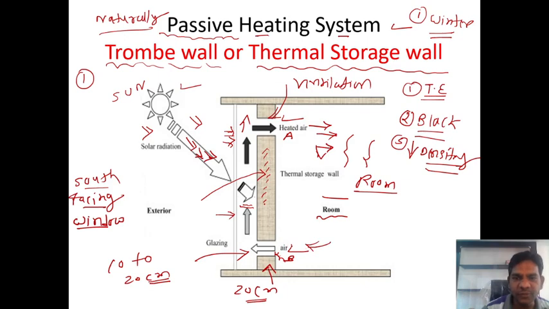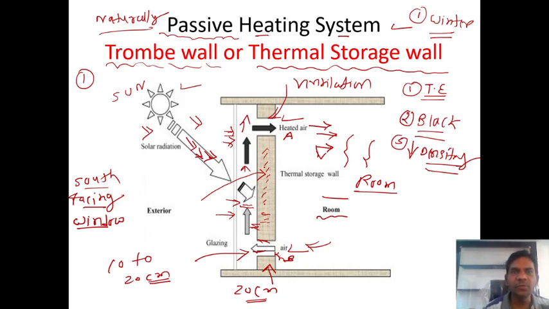So cold air comes in at this position, because cold air has a very high density and is situated at the bottom position. This cold air enters through this ventilation and once again comes into this gap, and this gap has a very high temperature, because the wall stores the energy. This heat is emitted from the walls, and the solar radiation is continuously emitted and passes through the glazing. So in between there is a very high temperature, and because of this high temperature the density of the air decreases and it once again rises in the upward direction. Yes or no? Yes. So this is the simple explanation about the Trombe wall, guys.